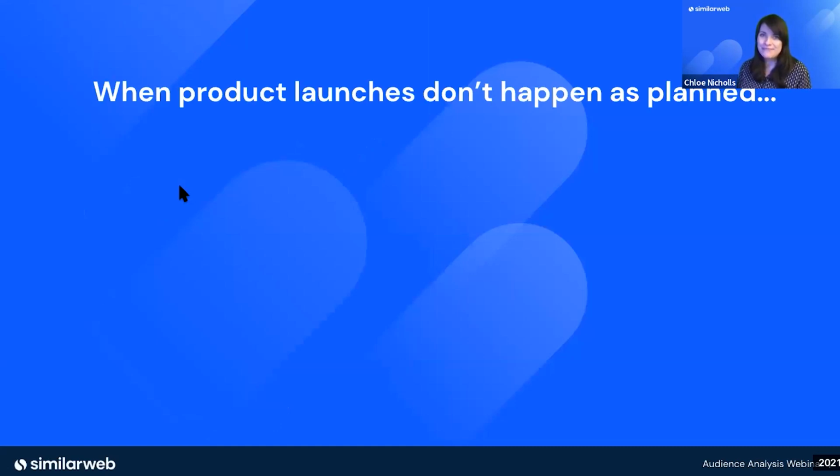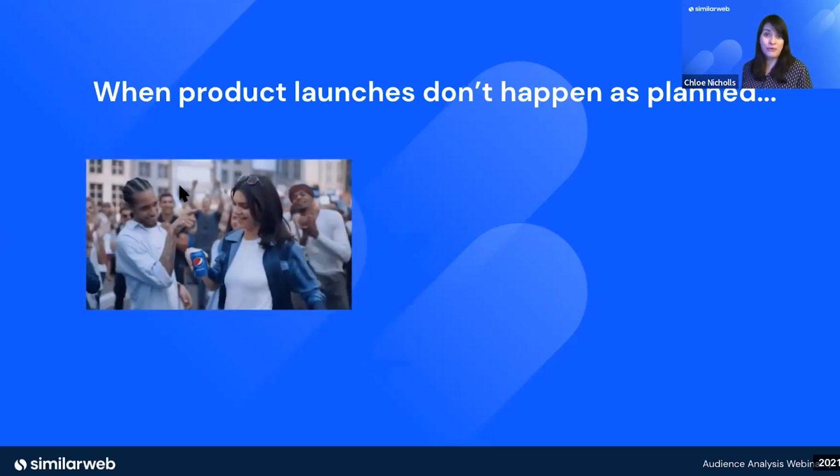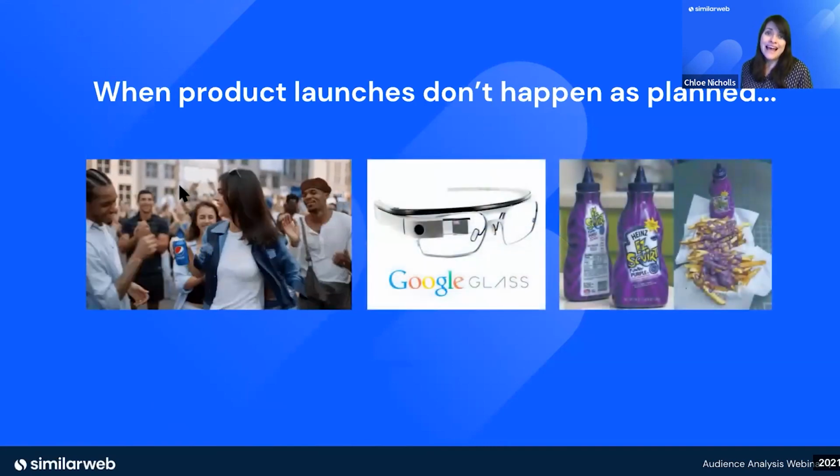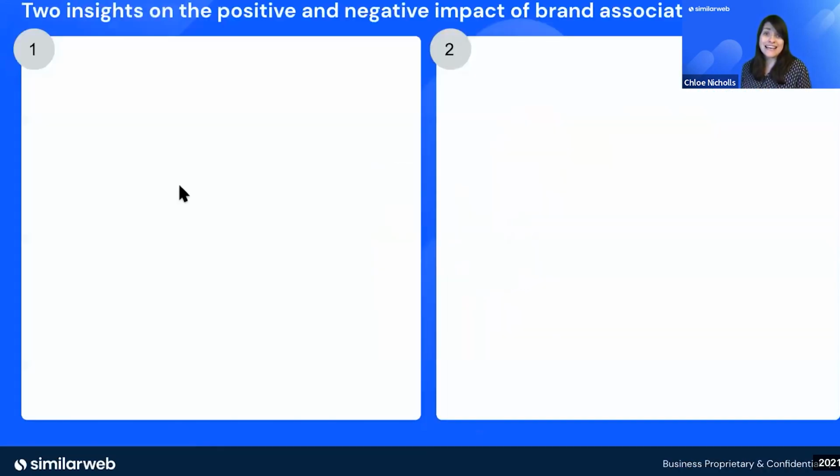So we've all been there, done the market research, the consumer polls and the surveys, the statistical analysis. But when it comes to launching a new product, it can sometimes fall flat on its face. So who can forget some of these flops? But what's really interesting is that a successful brand launch is often tied to brand association and how your audience relates to your brand. At Similarweb, we can actually see within the data how specific keywords and search terms are the driving force when it comes to perception of what your brand stands for.